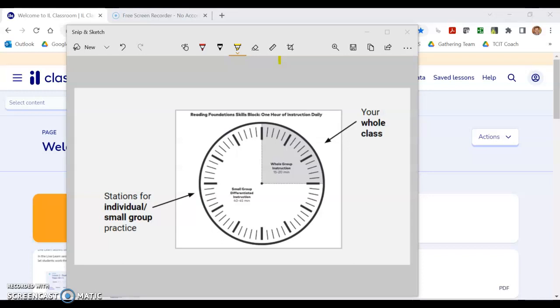Here's a quick video to help you navigate through IL Classroom during your EL Skills Block hour. That is this visual right here. I'm first going to show you how to navigate IL Classroom for the first 15 to 20 minute whole group